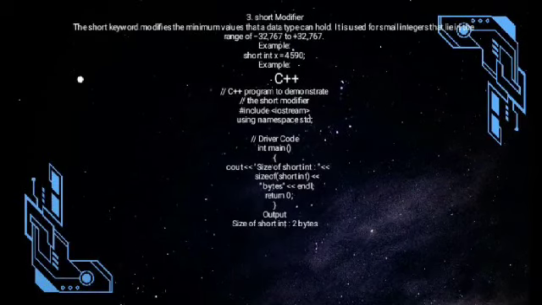Short modifier. The short keyword modifies the minimum values that a data type can hold. It is used for small integers that lie in the range of negative 32,768 to positive 32,767. Example: short int x = 4590;